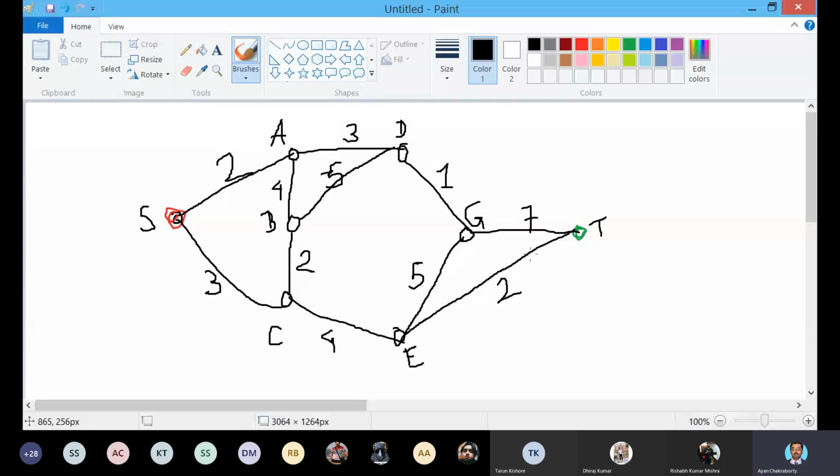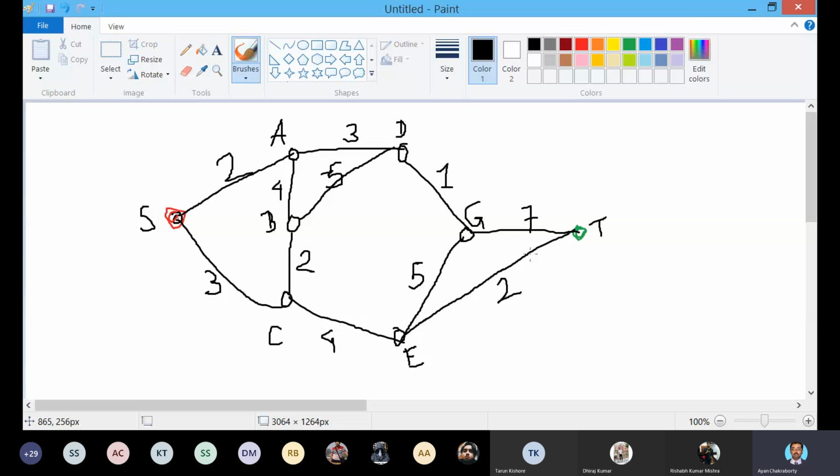But as you can see, this algorithm doesn't guarantee the most optimal path from the source to the target. This is the disadvantage of the hill climbing algorithm.